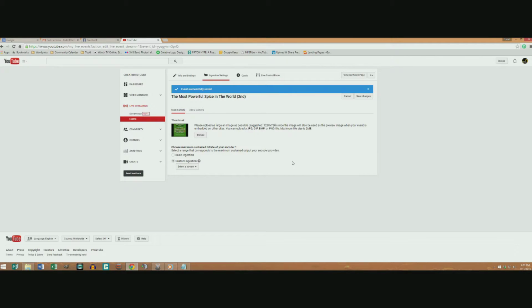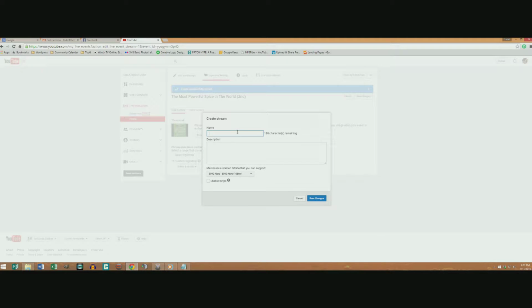Ingestion. So ingestion is like the settings that YouTube is expecting from Wirecast. So it's got to be set up the same way on both sides, right? So YouTube is expecting certain settings, and Wirecast is sending certain settings. And if those don't match up, then it won't stream right. You'll get all kinds of issues. So what we do is, and also you have to name it, we create a new stream. I name it some kind of shortcut, so I call it Spice. So this isn't going to show up anywhere. This is just so you can remember it. So I just call it Spice,